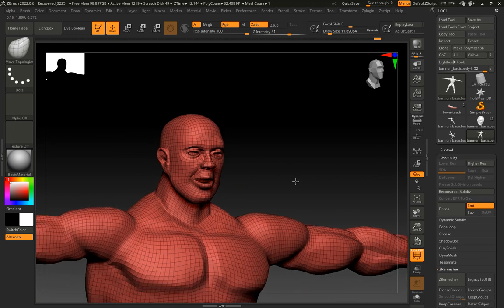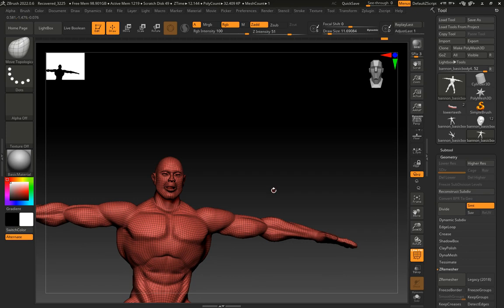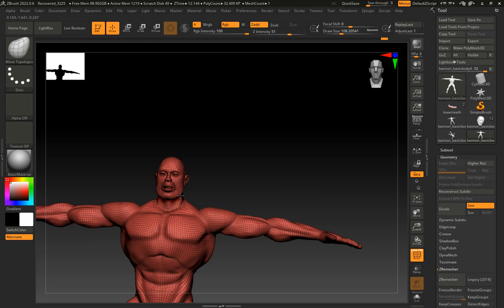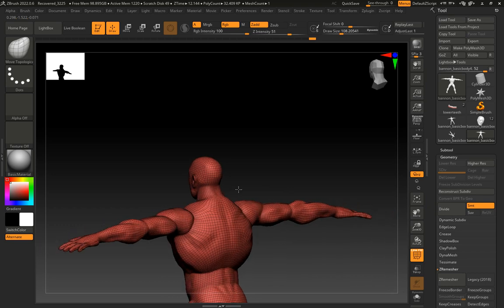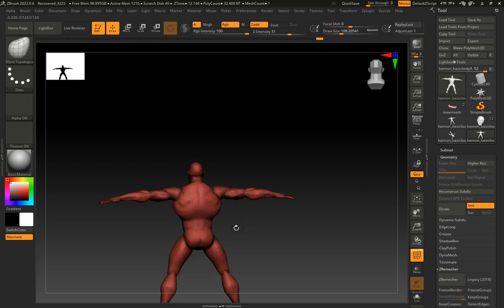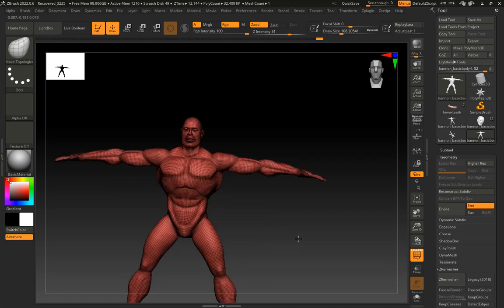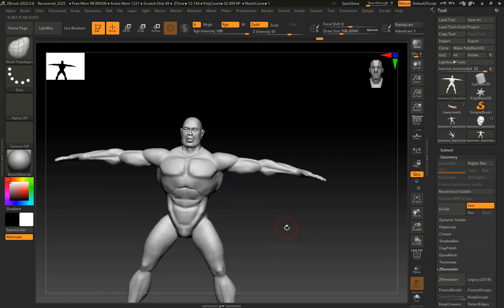All right. Okay, so we're going to get into, got this here. We've got our character, Shift F. And so from this point,